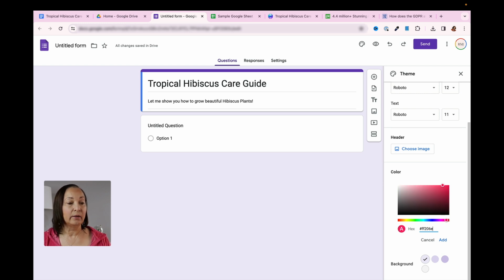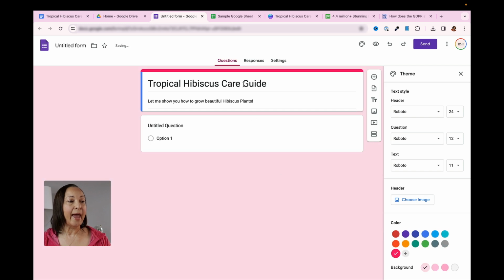Once I do that, I'll just simply click on add, and once I click on add, you'll notice that it changed the color there. Now I don't want this pink color, so I'm going to come down to where it says background, and I want to change that to gray. Now I do want to point out to you that when you see this blue on the side, that will not appear on your sales page. That just simply shows you that's the active section that we're working with.